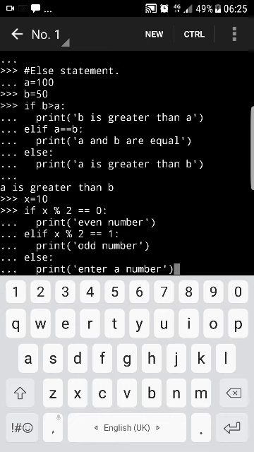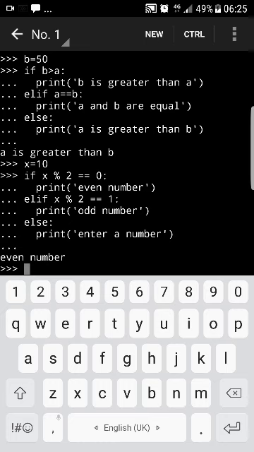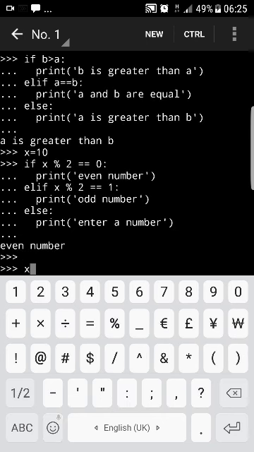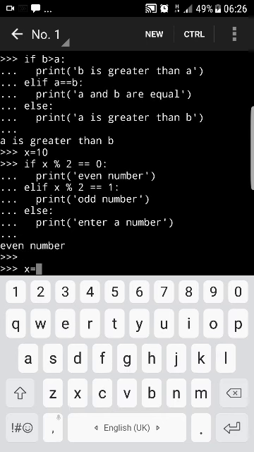So let's see what our Python program will give us as output. Did you see that? Even number. So the if statement worked here and not the others. So one more last example. Let's see one more last example. Okay, so let's say we have x equal to 9. Okay, and we now have